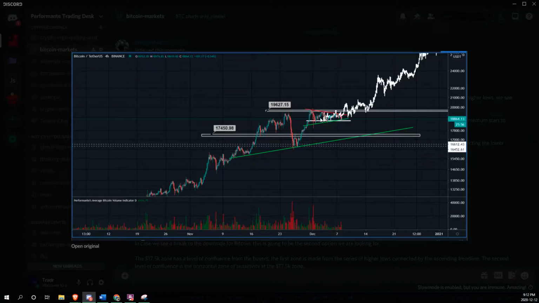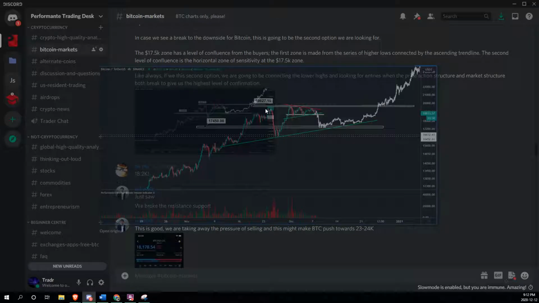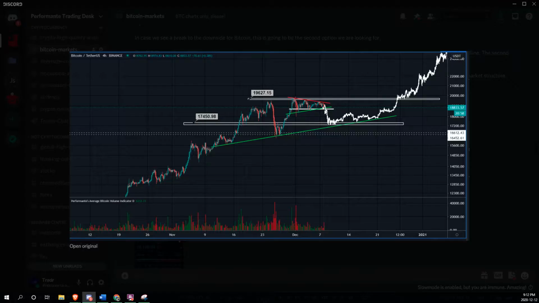The first one is if we got a squeeze against this previous all-time high of around 20K. We've already almost hit it once. We saw a slightly higher low. We saw a nice symmetrical triangle. We did see quite a bit of sell volume, which wasn't ideal, but we were ready for this case if it were to occur. Kind of enjoyed the outcome of the potential second case more, just because we have a better entry right here,